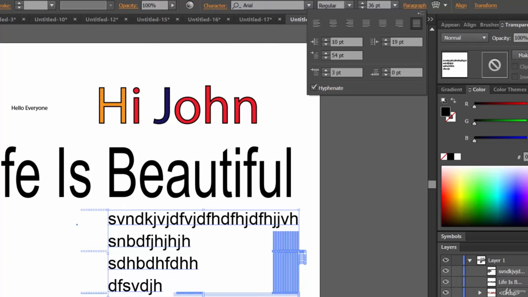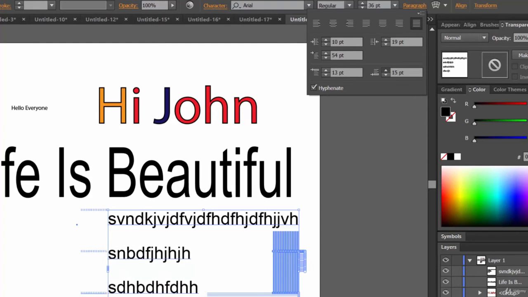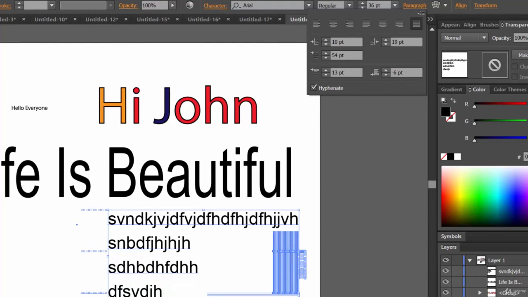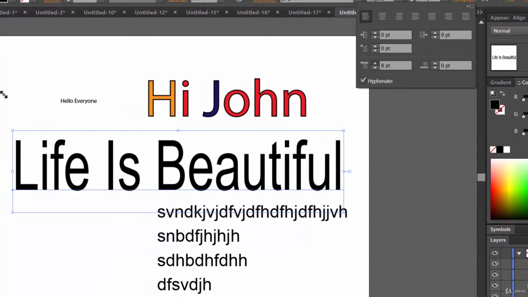This is the line height, I guess. Let's select this one. Yeah, since this is a single line, it will not get affected.